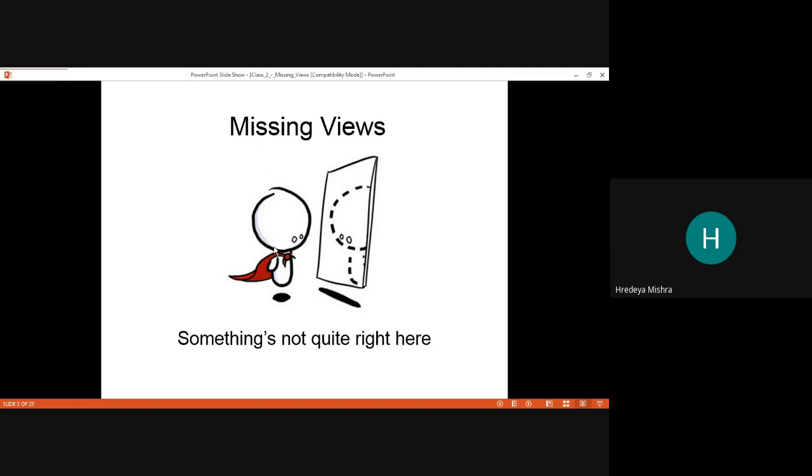Something is missing in this diagram. So what is missing is your imagination, and you imagine the third view or missing view, and you have to complete it by your imagination.